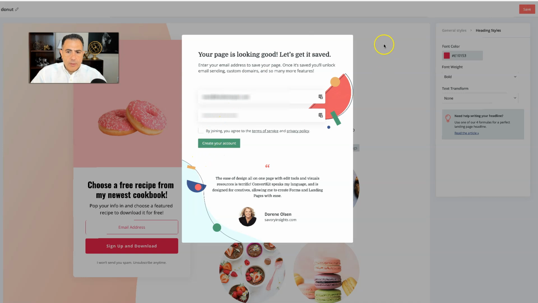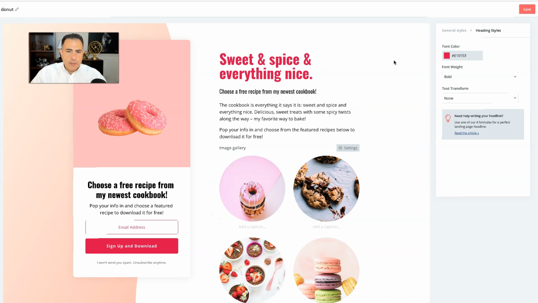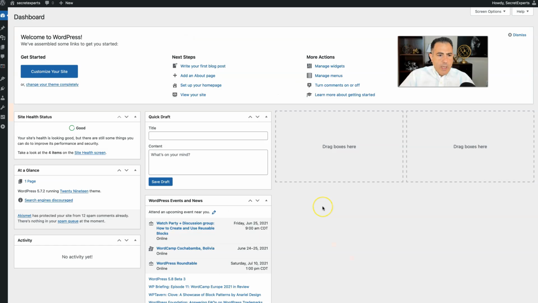And then it's going to ask you to create an account. Remember, this is a free account, because what they want to do is store whatever you had in your free ConvertKit account. And this is what we're going to do. Right now we are in WordPress. You open a WordPress account because the subject of this video is basically how to create a landing page in WordPress with one click. Assuming one of two things, if you already have one, that's fine. If you don't have one, just create one. Installing WordPress is just one click and that's it.